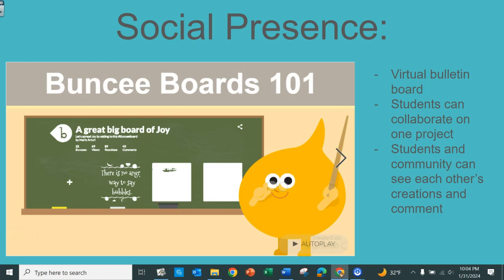Buncee boards are virtual bulletin boards that students can use to collaborate on projects, share materials, and comment on each other's work. Students can connect with the community and others to view and comment on each other's content. With this tool, the students can navigate connections with local, national, and global networks, as stated in the collaboration and